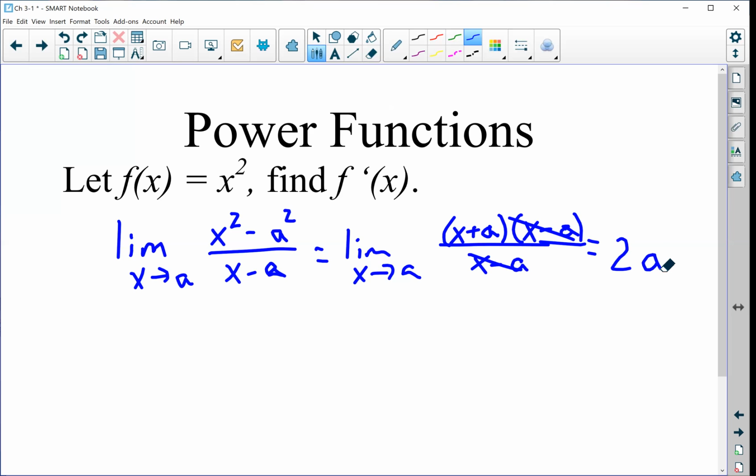In general, at a value x, then it would be 2 times x. All right, so